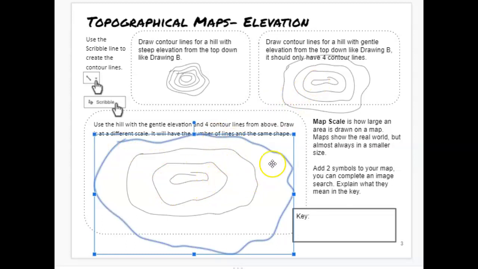I tried. Now the other thing is adding symbols so I can complete what it means in the key. So I want to add 2 symbols so that I can have them in my key. So what would be on a mountain? Like, well, this is a gentle hill. So what could be on a gentle hill? Maybe